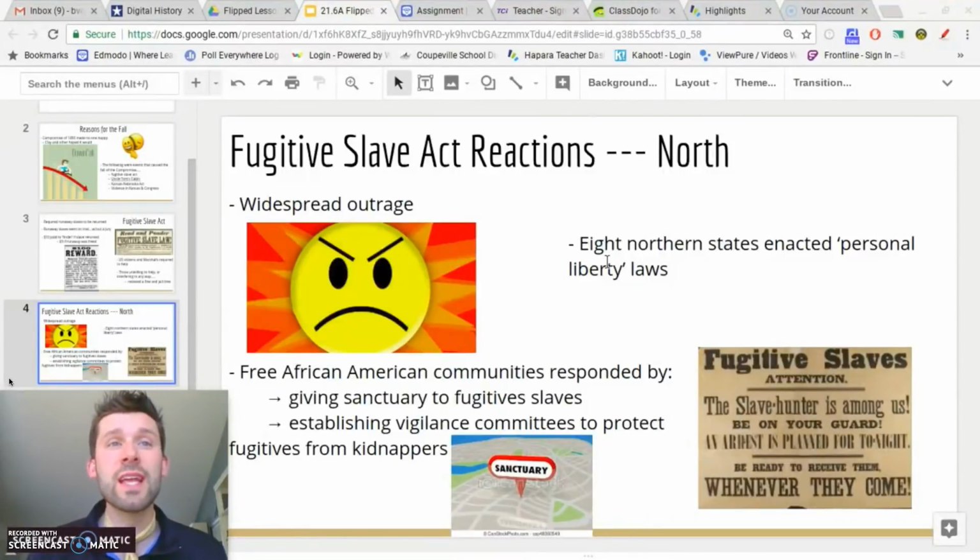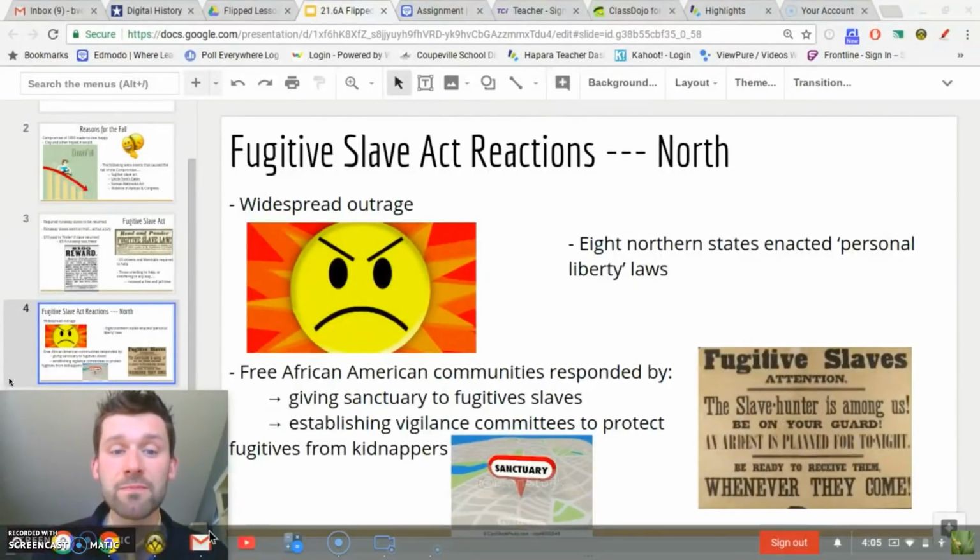In fact, 8 northern states enacted what they called personal liberty laws that prohibited state officials from helping return runaways that had been caught. They also allowed these fugitive slaves the opportunity to have a trial with a jury. Also, free African American communities responded by giving help or sanctuary to fugitive slaves. And they also established vigilance committees to protect fugitive slaves from hired kidnappers, because there were slave hunters looking to